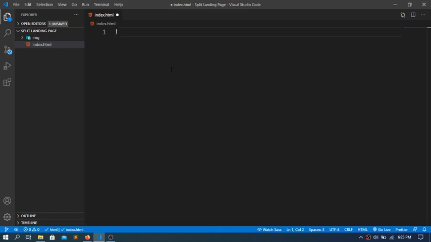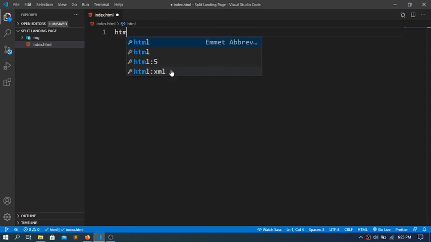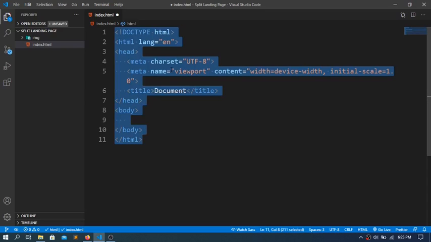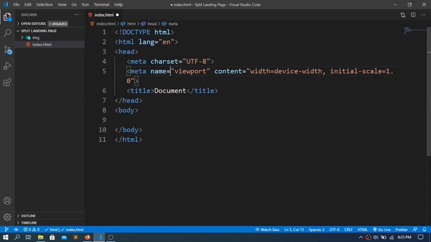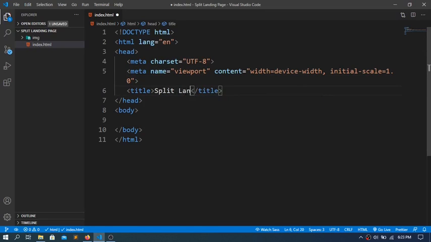If you're using Visual Studio Code, you can generate a quick boilerplate with emmet. So we can also press shift 1 to give you this exclamation mark and press tab. Or if you're using Sublime Text, that's the tool I know, you can just type HTML and tab. Oops, this is not working because this is Visual Studio Code. But with Sublime Text, you can do HTML and tab, then it's going to generate the boilerplate. But I'm going to return to this now, and I'm going to change the title to split landing